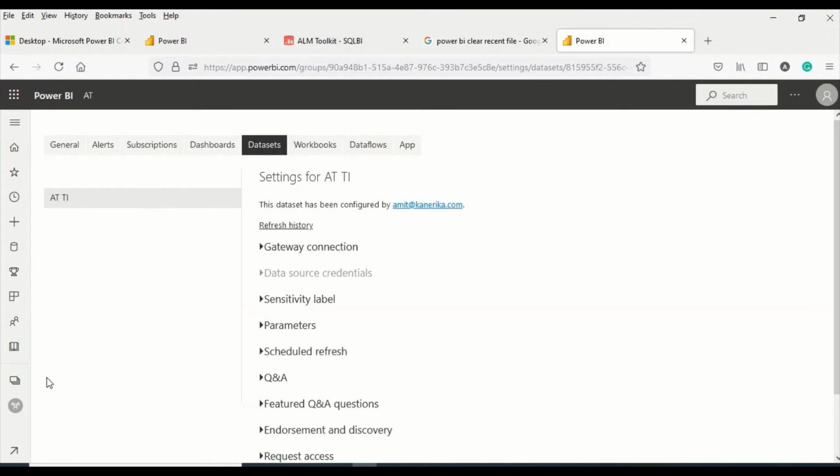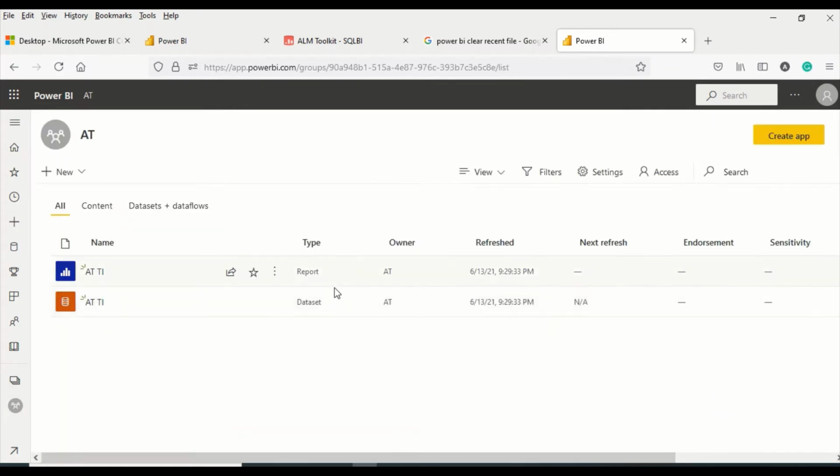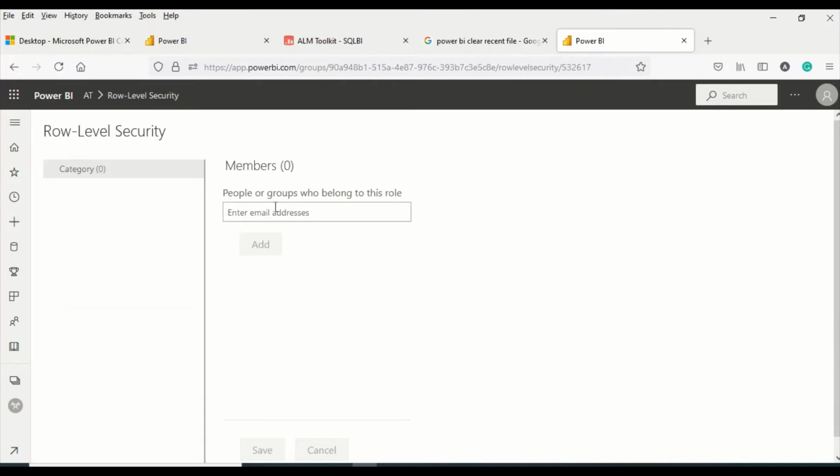So definitely in settings, the gateway and all those settings I have to do. Let me go back to the workspace, and in the workspace, in the dataset, in this security, I can give the email addresses where I want to apply this role, or these can be other than Office 365 list. I can use the list. I can give the groups, email enabled groups out here.